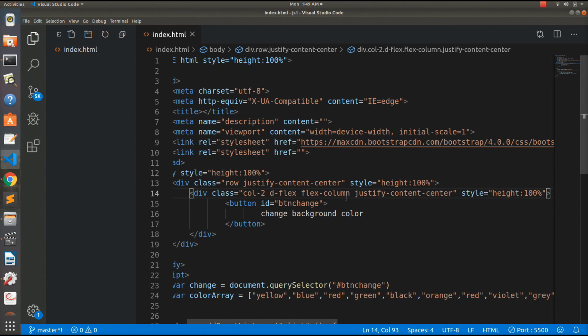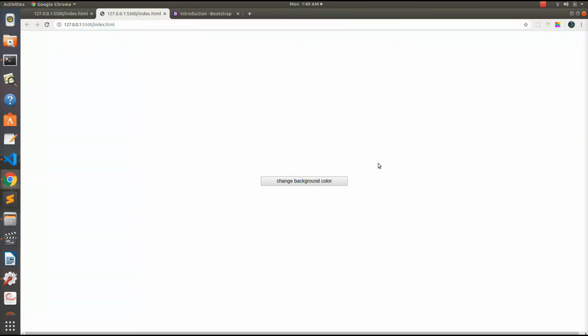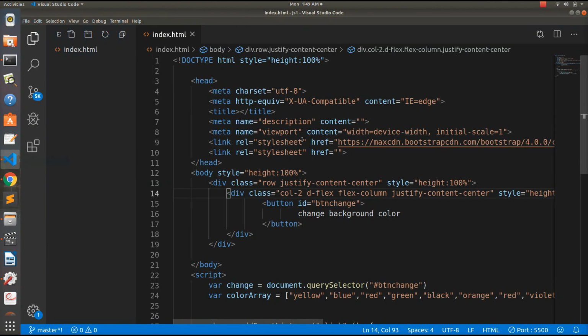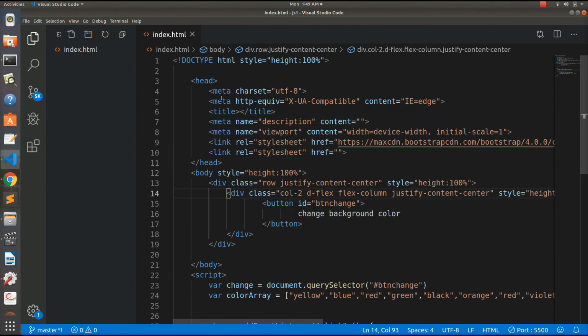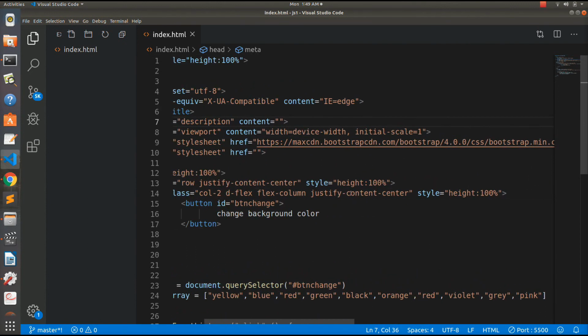We'll save this, and you can see now our button comes to the center. I have just given this because earlier the HTML and the body tags only occupied part of the screen. We wanted that to occupy the 100% height of the screen, so that is why we have given these attributes here. Okay, so now it has come to center.